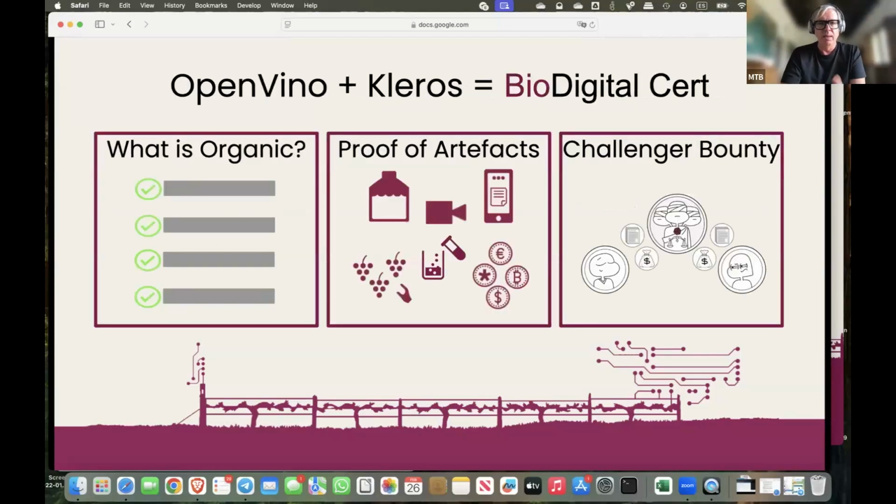So this is basically a very simple way to resolve this. First, we define what organic means. This breaks down to some 27 types of rules. These are rules that are already regulated. They differ slightly between jurisdictions, so the EU and the US and Japan and Argentina might be slightly different, but they're more or less the